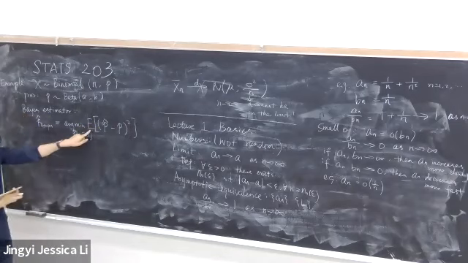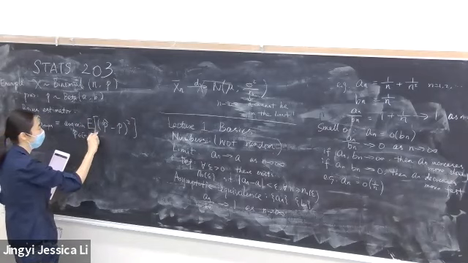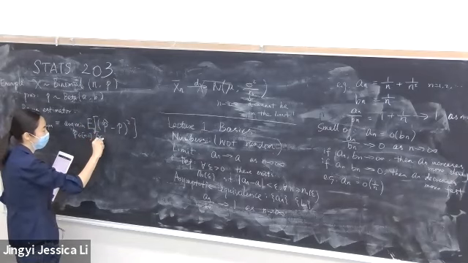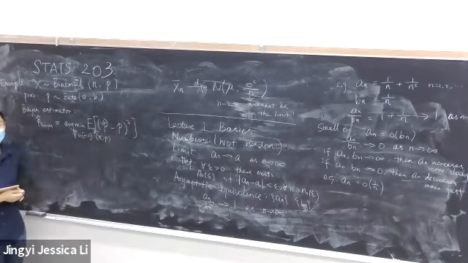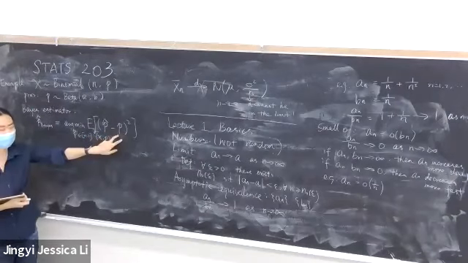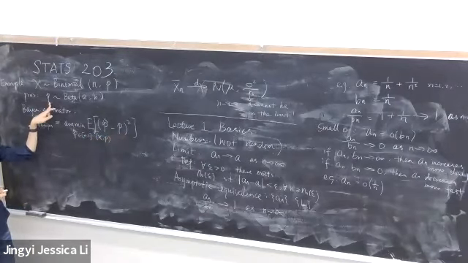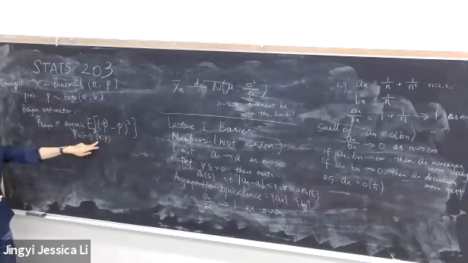But the key here is this expectation. In this expectation, we are going to take the expectation over the joint distribution of x and p. In other words, p is not regarded as fixed, but it's also random because of this prior. And also x is random following this distribution. So this expectation is a joint expectation.